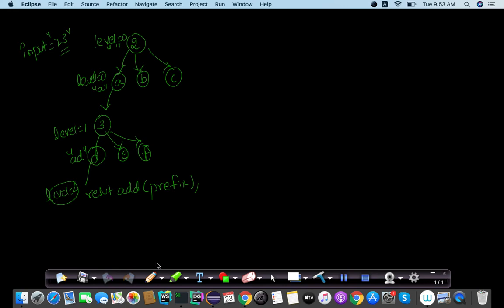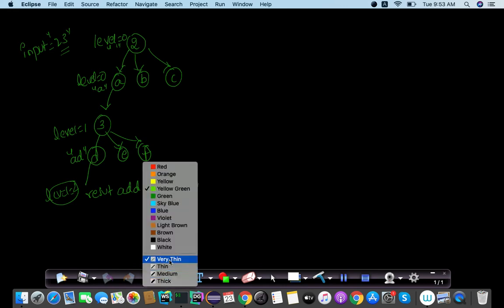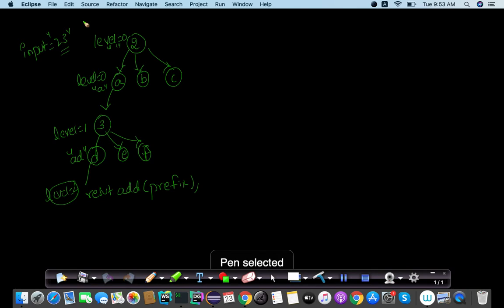Let's continue with the solution part that we discussed in the previous section. So here is the solution that we discussed. We read the first character in the input, which is 2, and we generate the combinations A, B, C, and then we move on to the next character 3. Then we again look to the dictionary, what all the mappings that we have, which is D, E, F, so